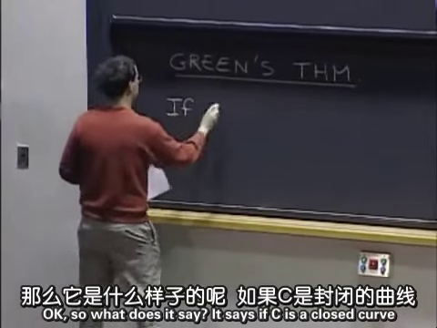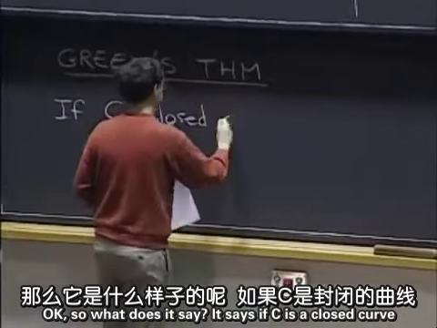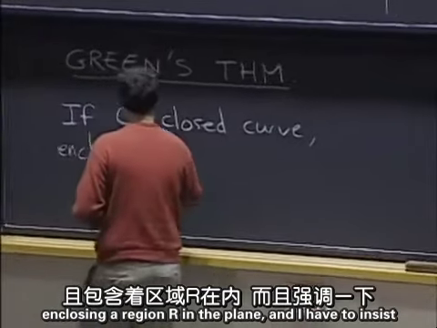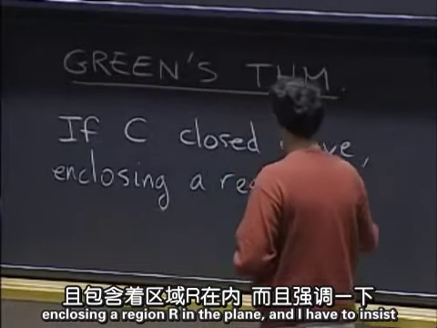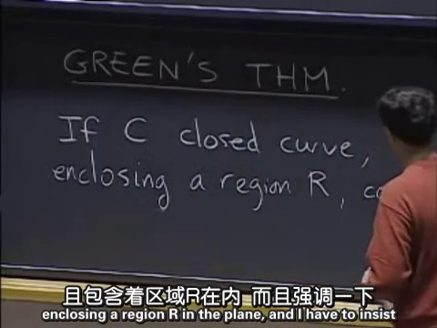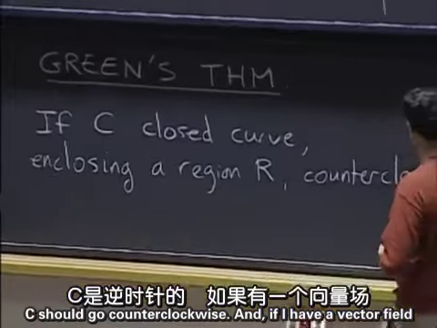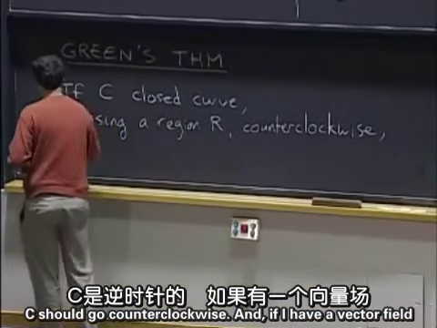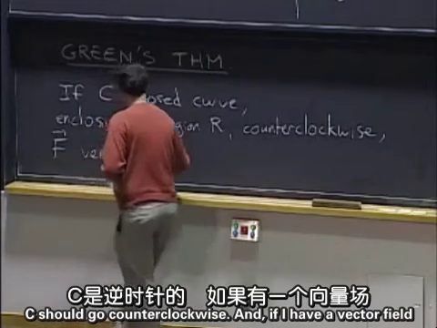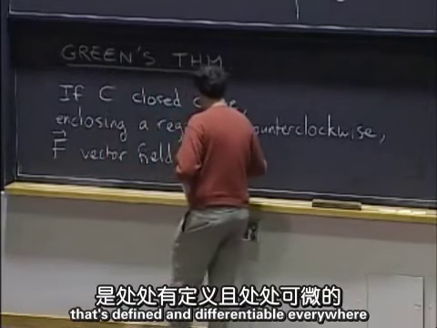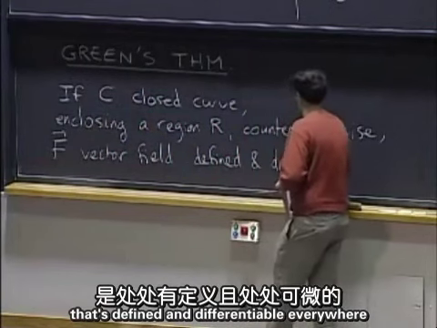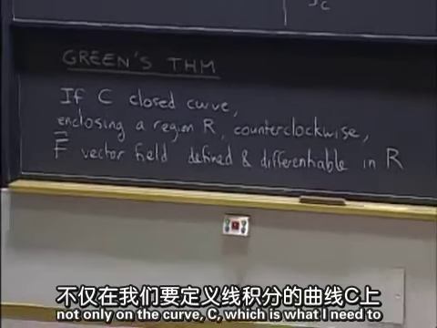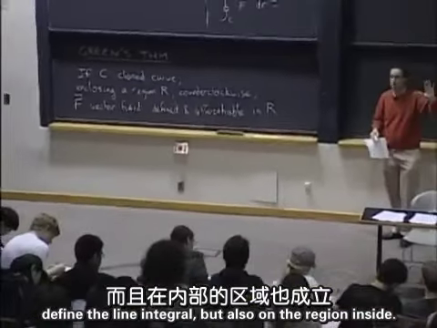It says if C is a closed curve enclosing a region R in the plane, and I have to insist C should go counterclockwise, and if I have a vector field that's defined and differentiable everywhere, not only on the curve C, which is what I need to define the line integral, but also on the region inside,